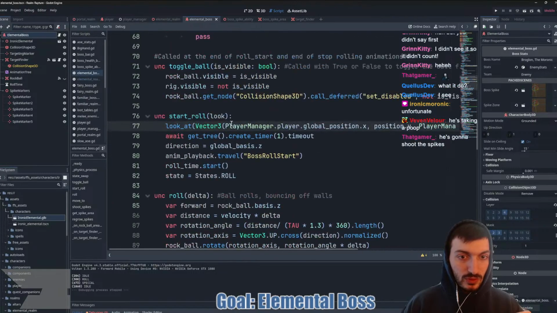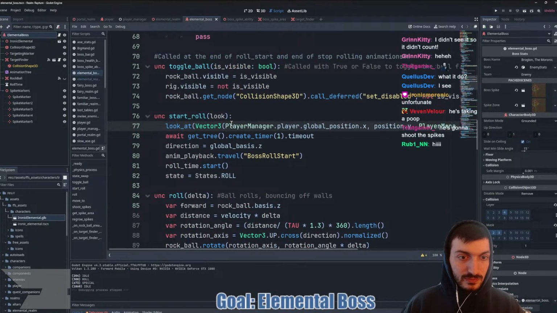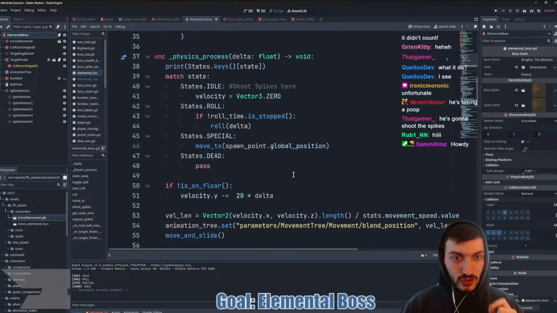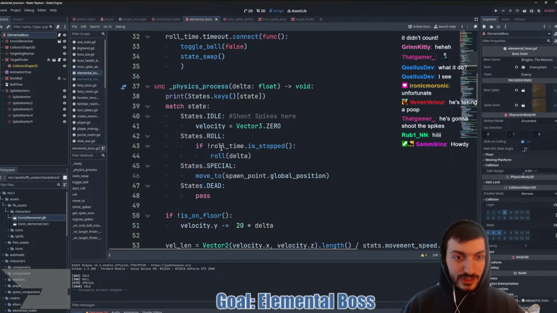So here in start roll, he'll look at us, pause for a second. And then we set the direction to the global basis Z. Then we play the animation boss roll, start up the roll timer, and head to the roll state.